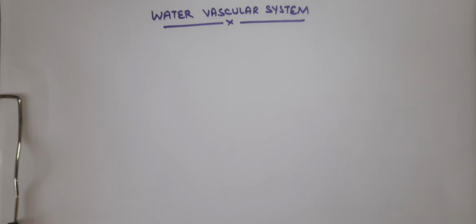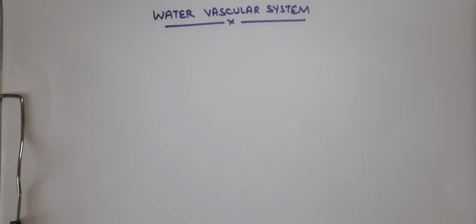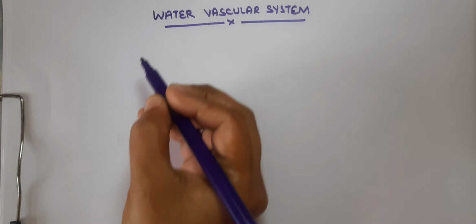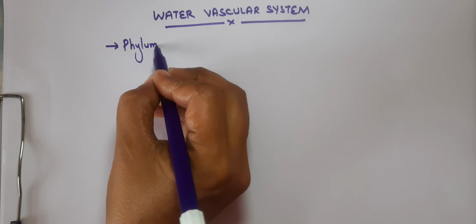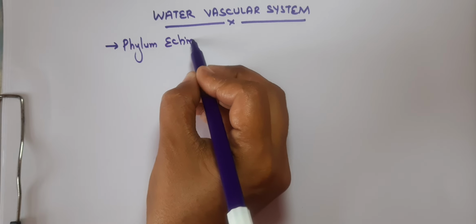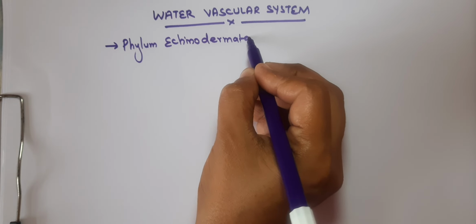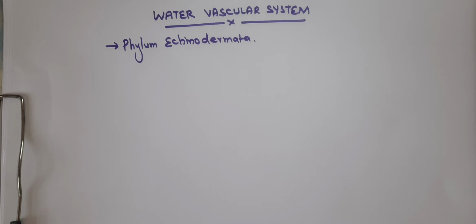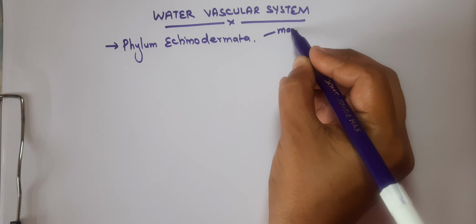Hello everyone, welcome back to the new video. Today we are going to talk about the water vascular system. The water vascular system is a characteristic feature of the phylum Echinodermata. Students, the phylum Echinodermata includes marine animals,